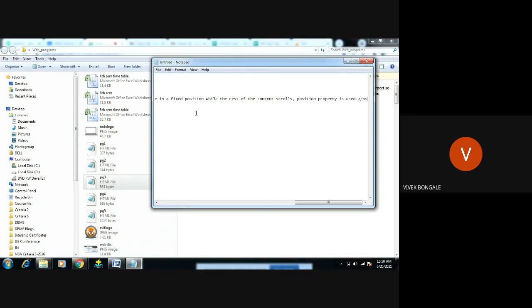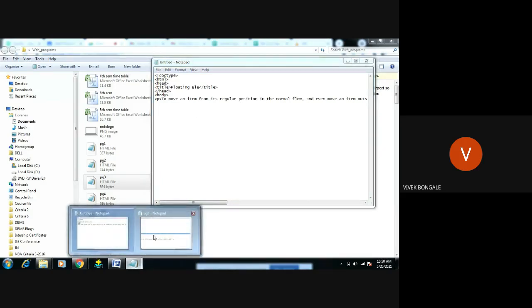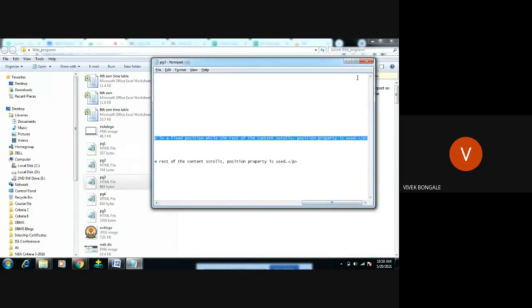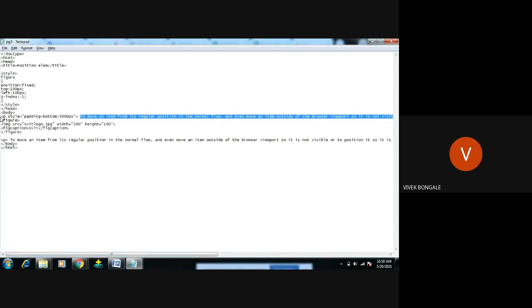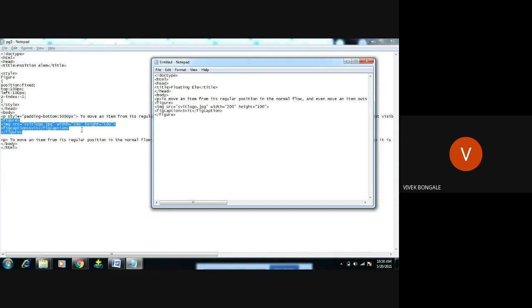I will use the same paragraph and the same figure, the same portion of this code, here in the body.